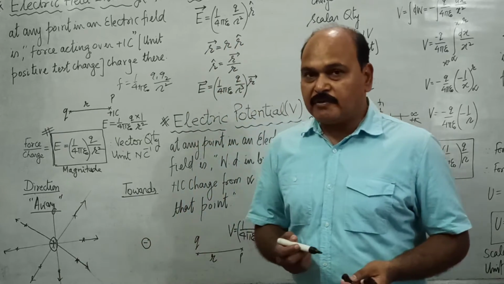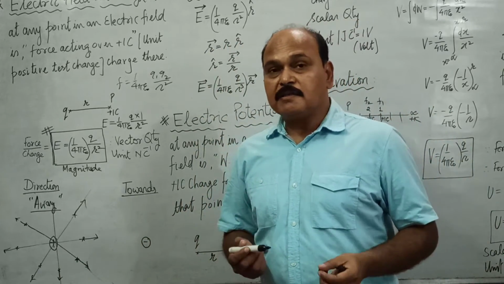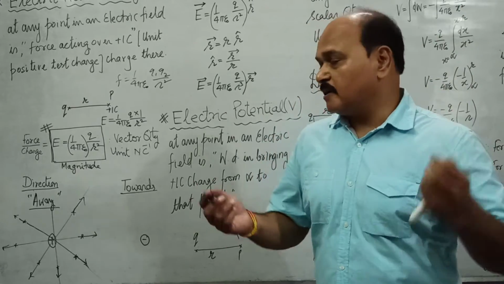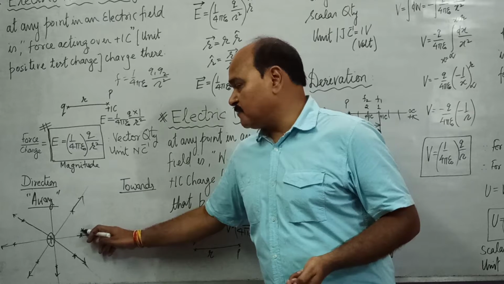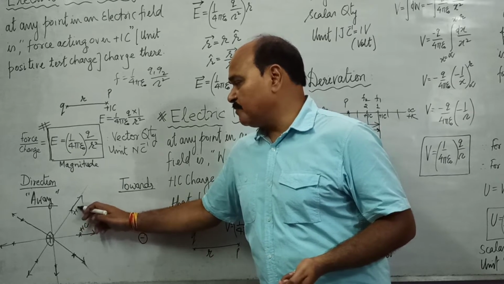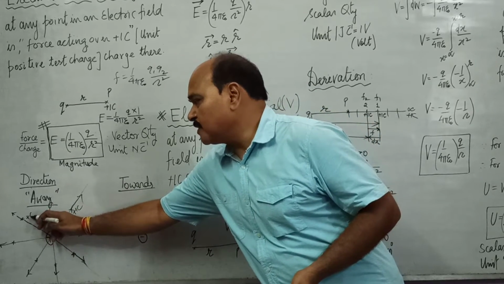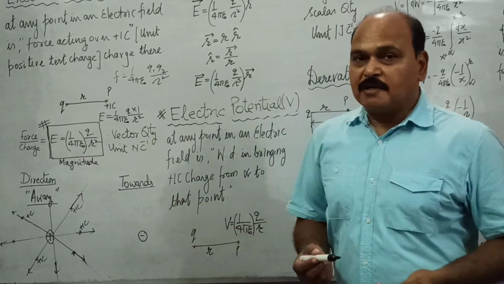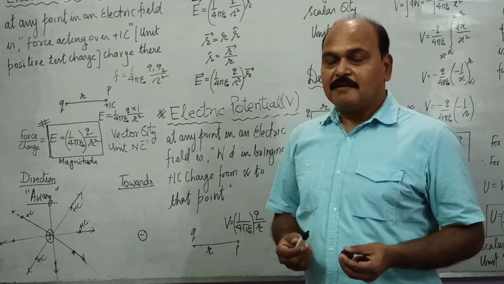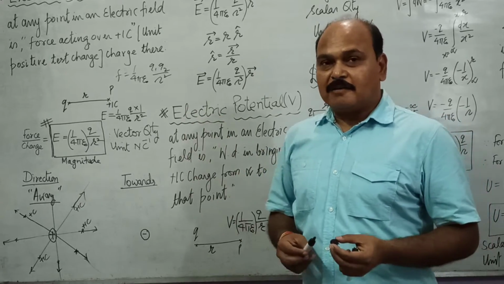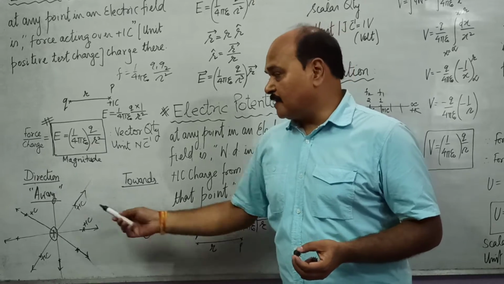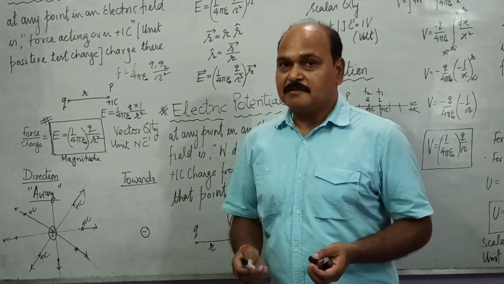So the direction of electric field intensity at any point around a positive charge is along the line joining the point and the charge, away from the charge. Why away? Because if we place plus 1 Coulomb charge at each and every place, the force would be repulsive, and the force would be away from the charge. And besides that, you know the arrangement of electric lines of force, and the direction of the tangent to electric lines of force is going to be the direction of electric field intensity, and that direction is going to be away from the charge.